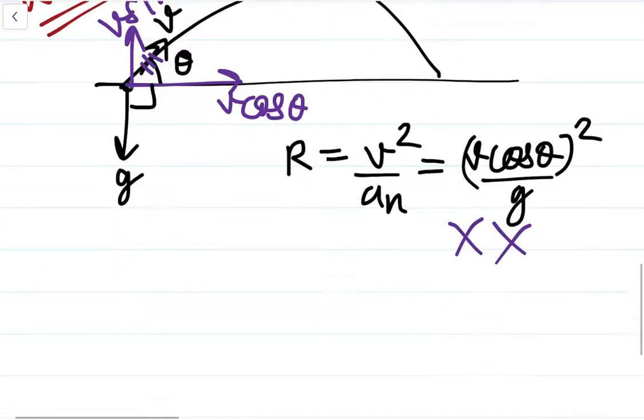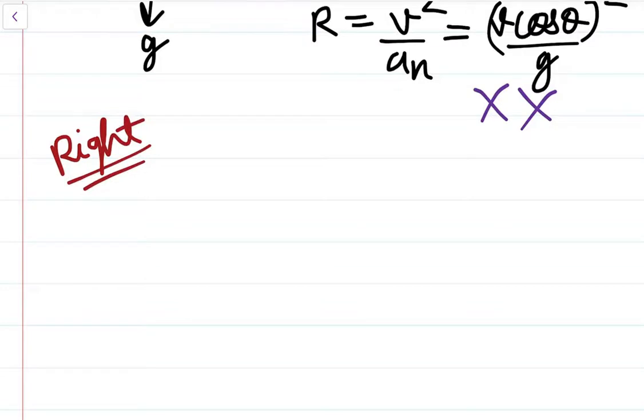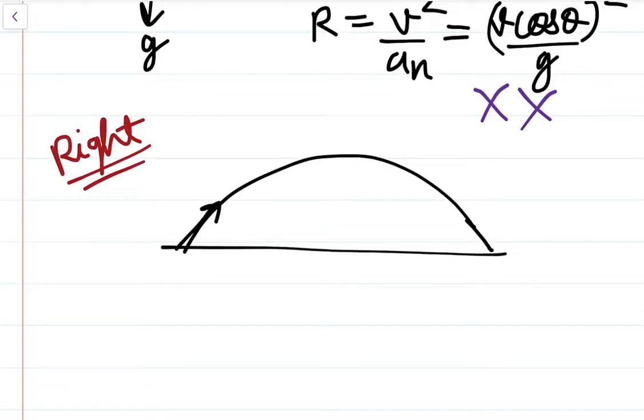So let us see the right way. Many people do it the wrong way, but the answer comes out wrong, so they are confused. I'm making this example for that type of people. So this angle was theta, the velocity is v, and the downward acceleration was g. Now we have to break the components of g.